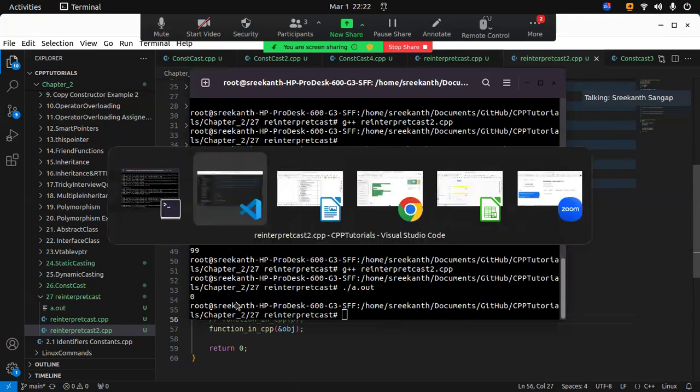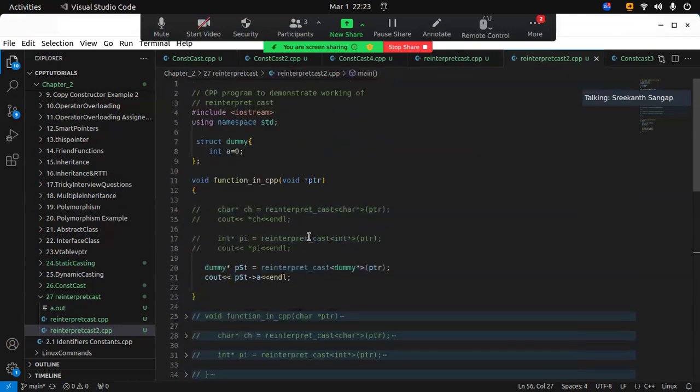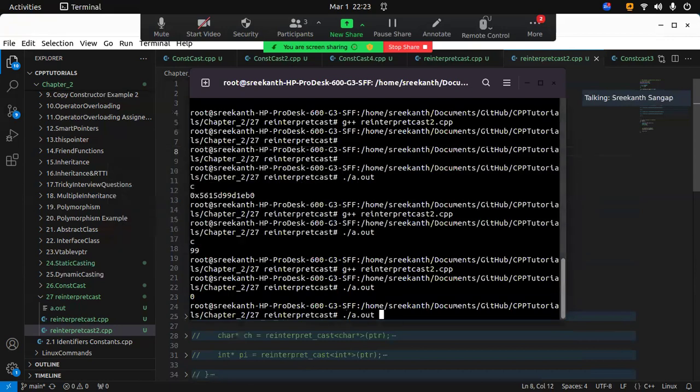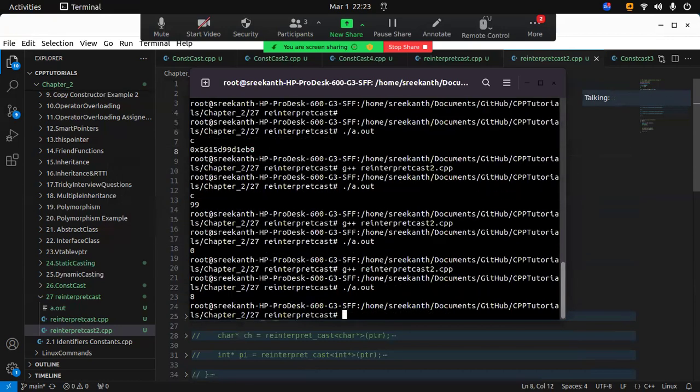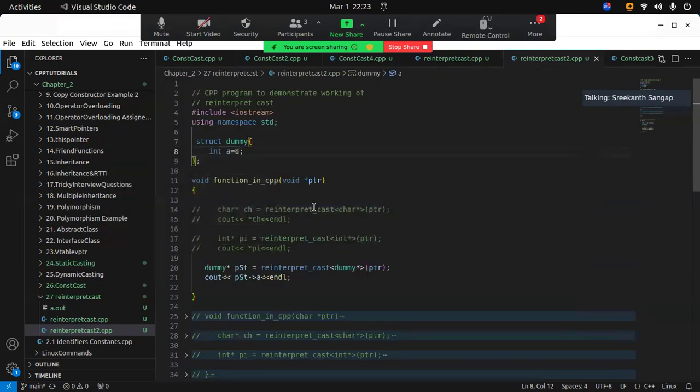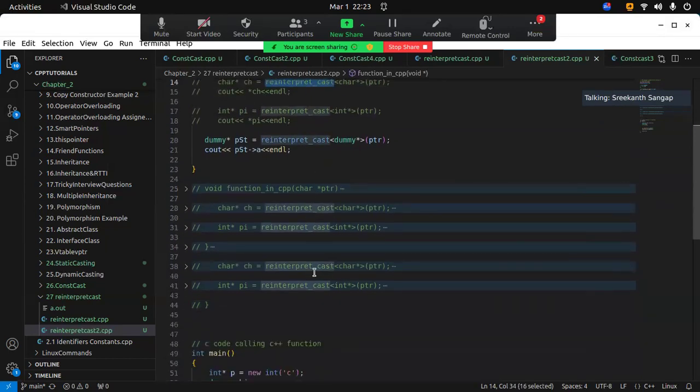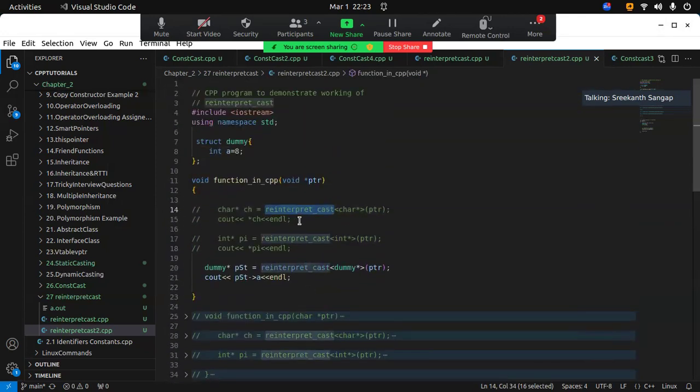So what was the value that we initialized this to? 0, it got printed 0. Now let's make it 8. Okay, it printed 8. So with the help of reinterpret_cast, we can convert data of any type to any type. Now let's see in the same code if we